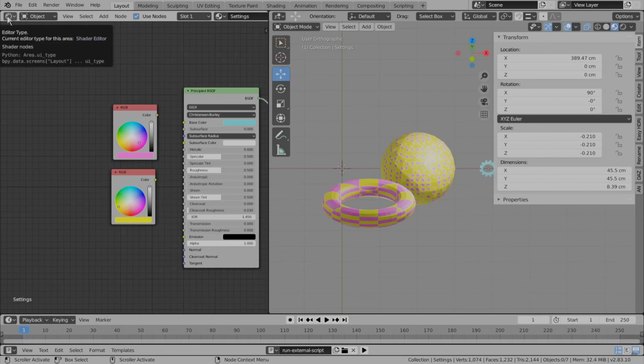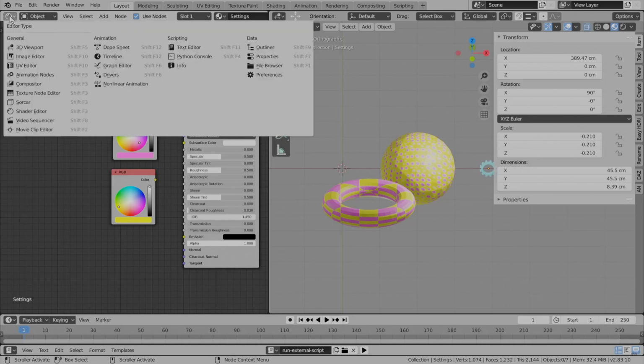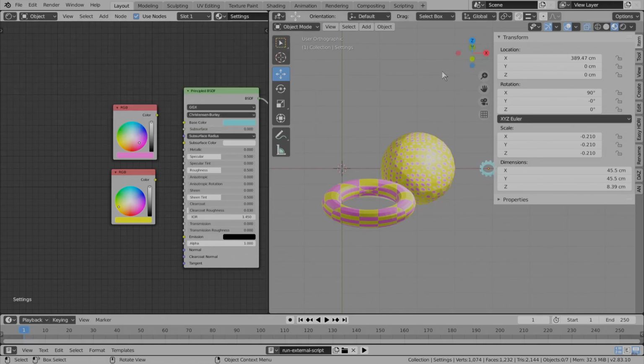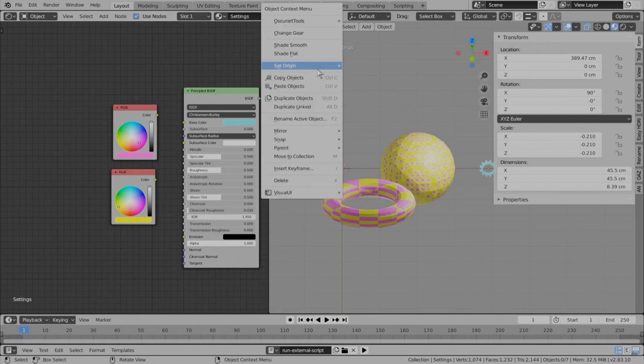Now, the add-on appears in the contextual menu of Blender editors. You can find it in 3D Viewport, in Shader Editor, in Video Sequencer. Not in all the panels, to be honest, not in all the editors. Just in those that have a sidebar, like the 3D View. You access it using the mouse right click. At the bottom, you see Visual UI with few commands.